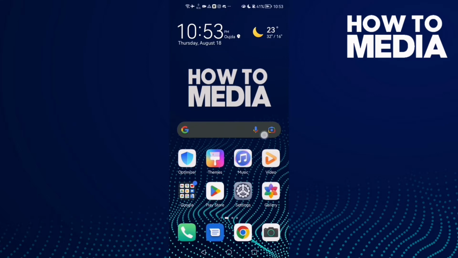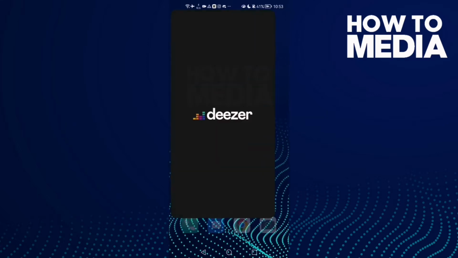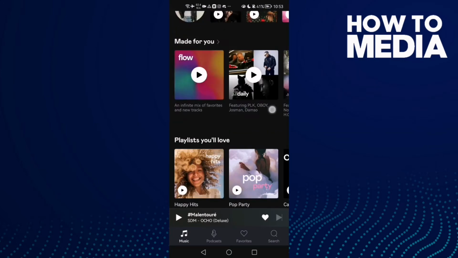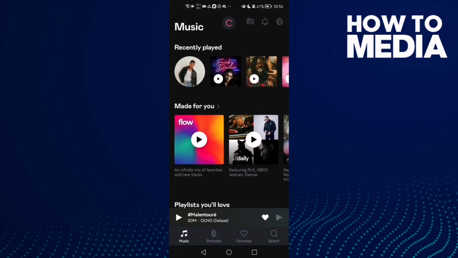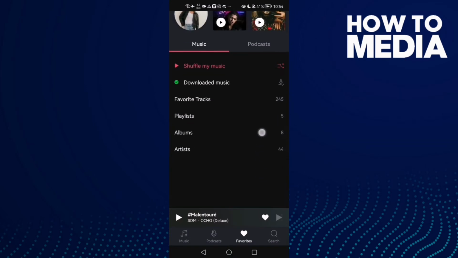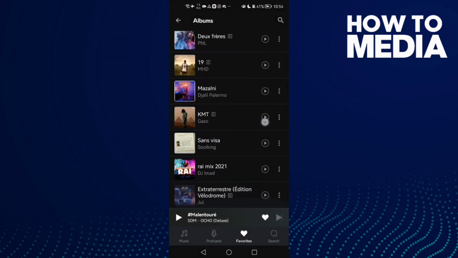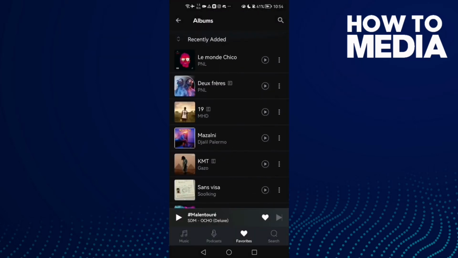First, open Deezer, and now as you see here, you will see this icon, the favorites icon, in the bottom corner. Now just click on it, and as you see here you will find your favorite albums. Just click on it, and here you can find all your favorite albums,